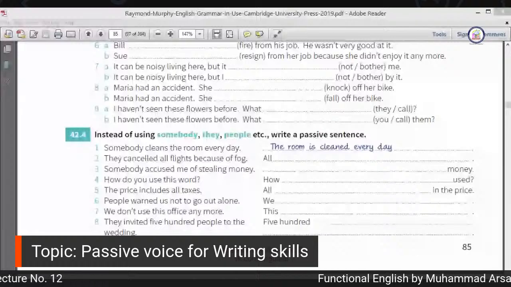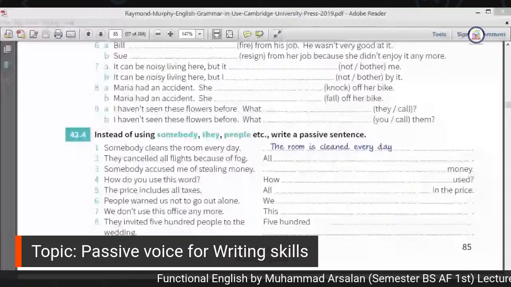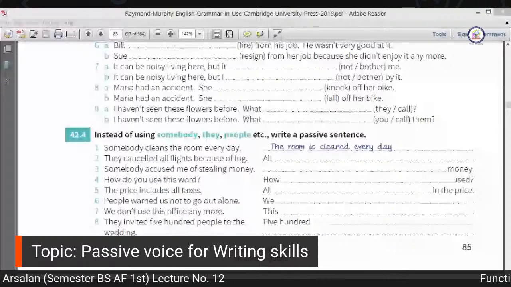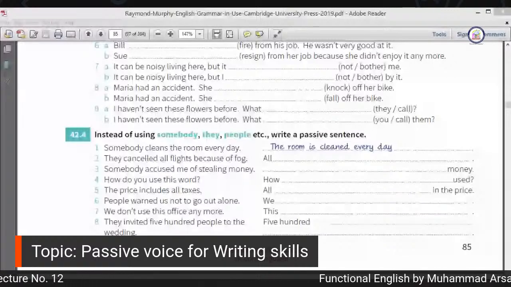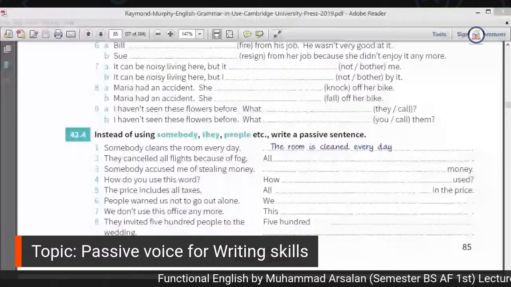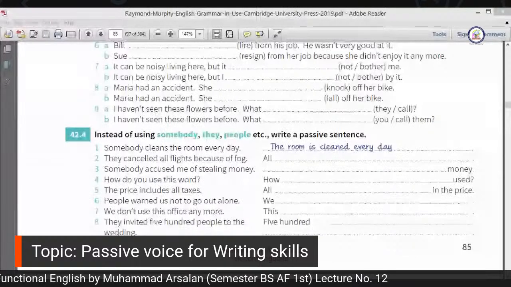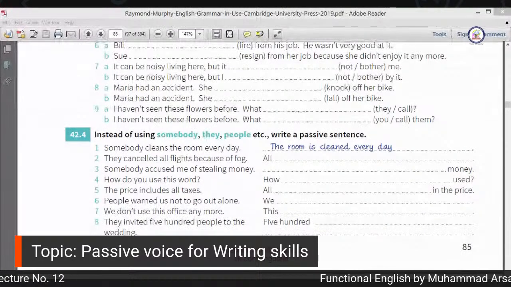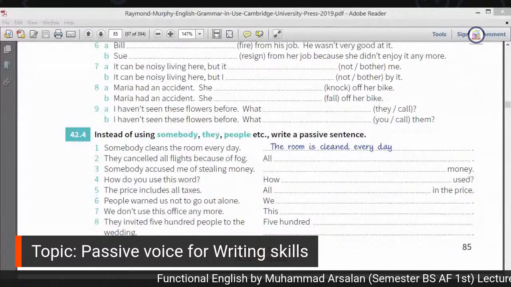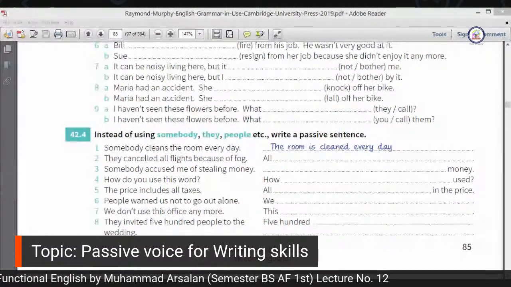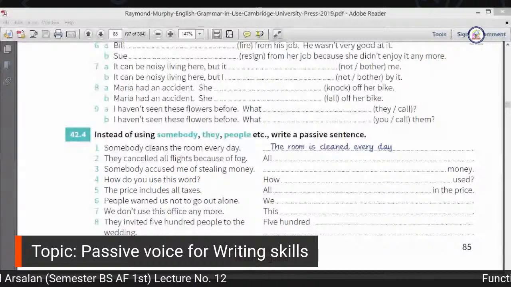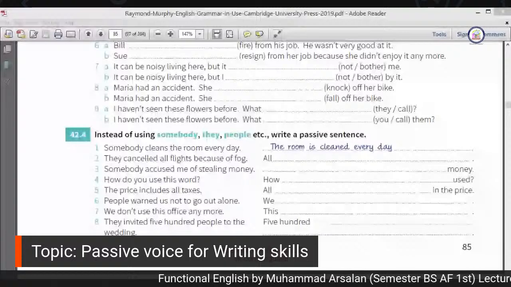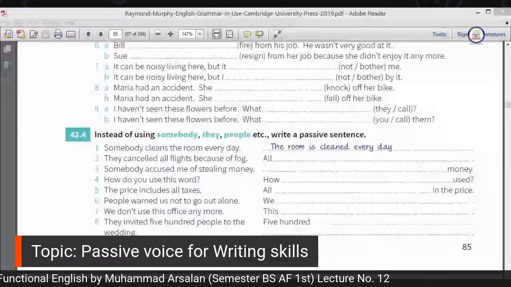The sentences which contain intransitive verbs, the verbs which do not take any object in a sentence, cannot be converted into passive. The examples are: I go to bed every day at 10 p.m. The baby sleeps well in the morning. We often walk in the park. They don't have any object in a sentence, because an object is usually answered with who or what. So there is no question of